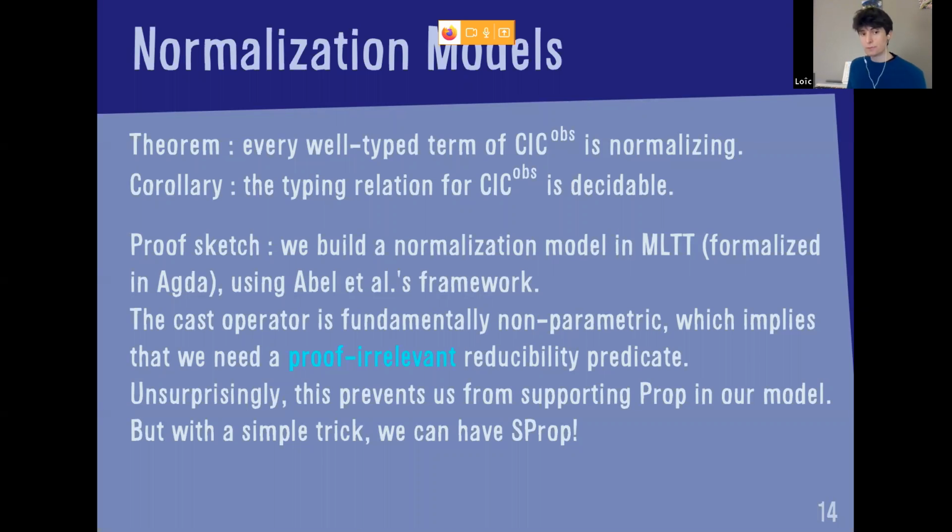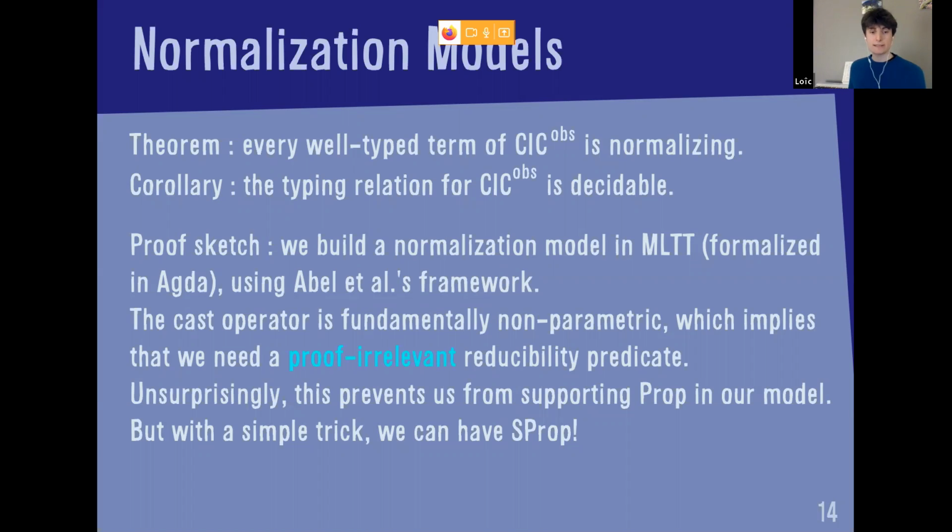We have to be a bit careful when we do this, because we cannot really use the standard way to interpret the universes, since the cast operator is fundamentally non-parametric. The only way we found to deal with such a non-parametric operator in our theory is to use a proof-irrelevant reducibility predicate instead of the maybe simpler proof-relevant reducibility predicates that have been championed by several influential members of the community in recent years.